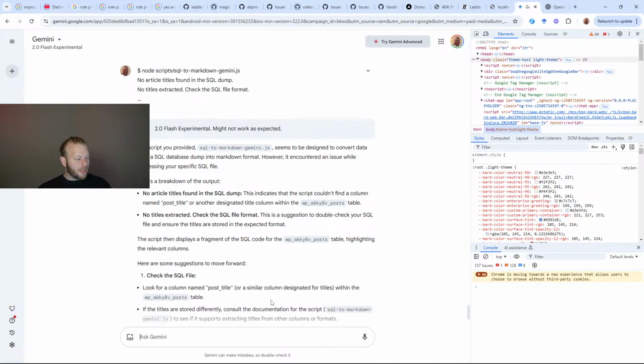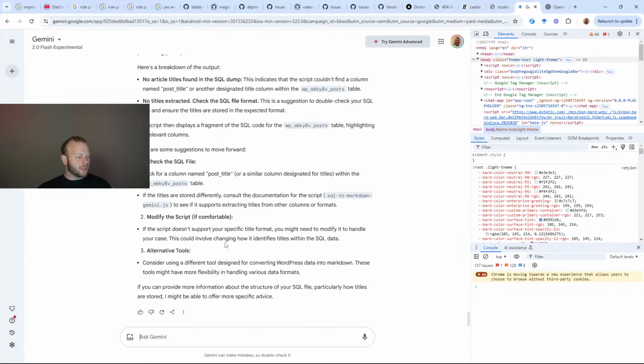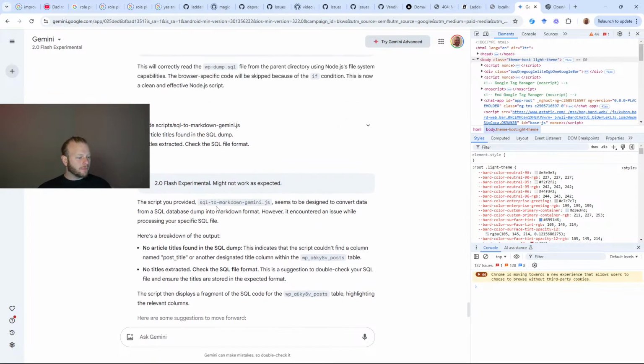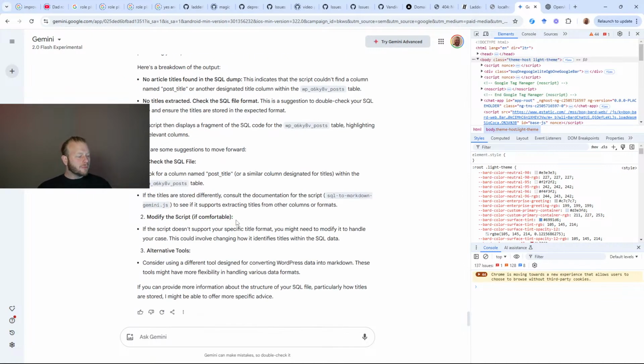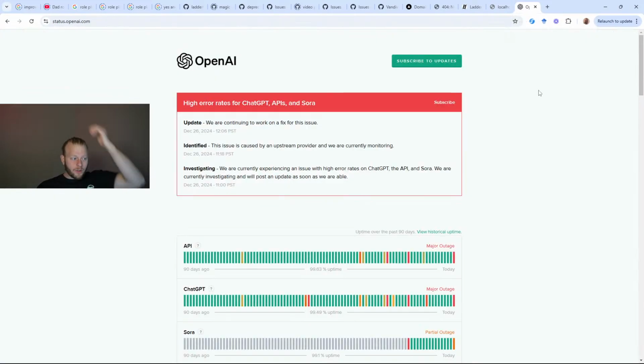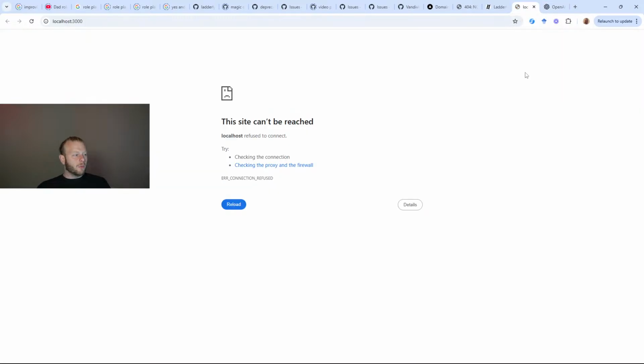So we're getting limited off of this prompt interface, actually. All right, that's not going to work very well. We might end up having to do this by hand. Or wait until O1 is fixed.